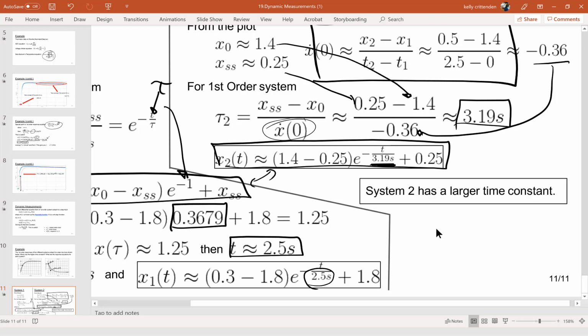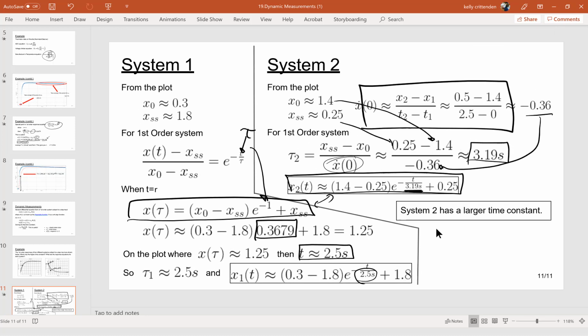So those are two ways. One where you're using the steady state and initial value to calculate the time constant, and one where you're using the initial slope, steady state, and initial value to calculate the time constant. Both of them are for first order. So when you plug them into this equation, that assumes you're using a first order, you want it to look like a first order response. So if